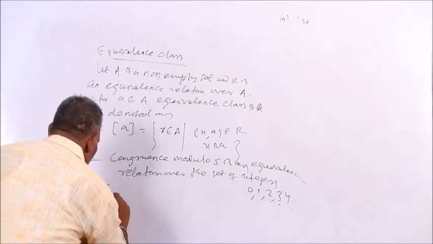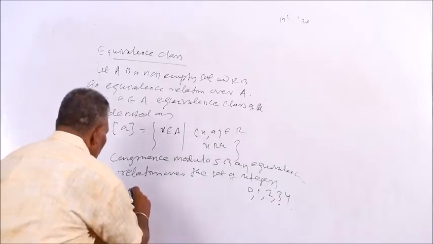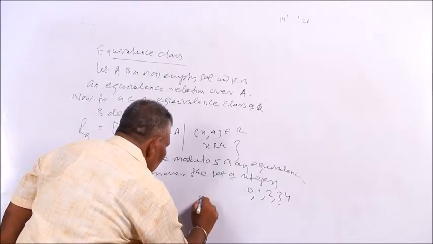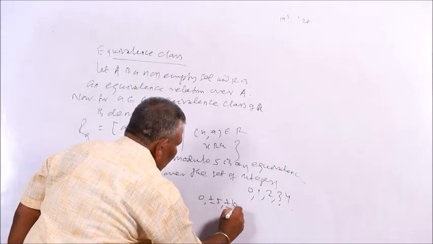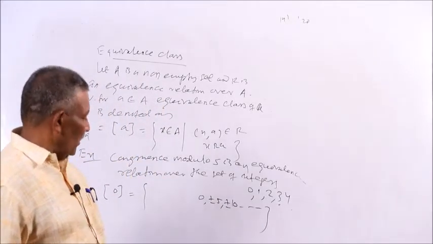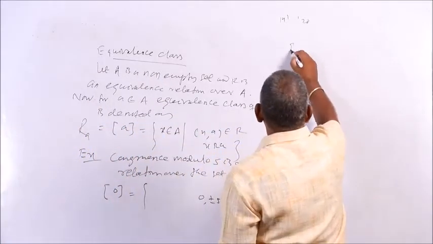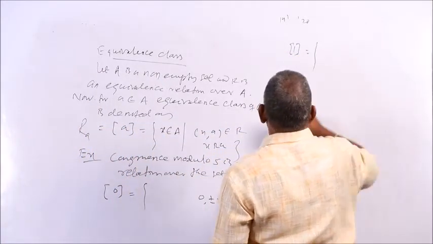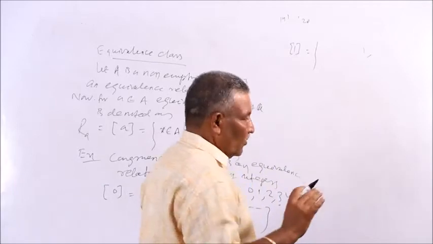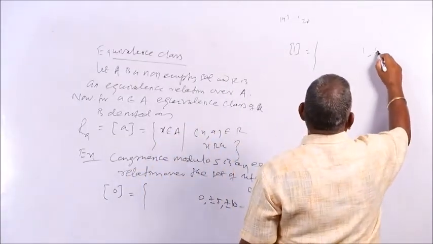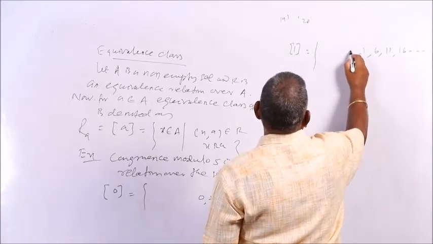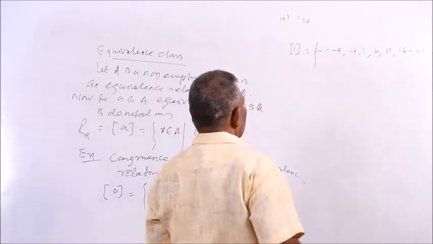So what are the members of equivalence class of 0? That is, if we divide a number by 5, then the possible remainder will be 0. 0, plus or minus 5, plus or minus 10 and so on. All multiples, positive and negative multiples of 5 are members of this equivalence class. Similarly, equivalence class of 1, that is 1, on the right side add 5 successively, 6, 11, 16 and so on. Minus 5, minus 4, minus 9 like this.